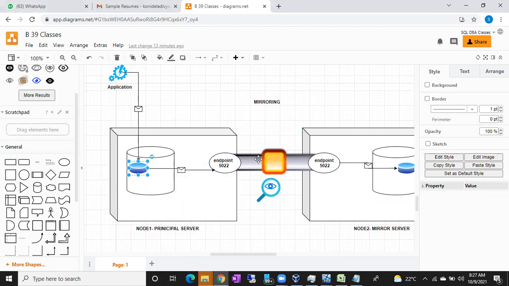It doesn't say, let Suresh's record commit first, then I'll go for a commit. Nothing like that; that is done in the synchronous mode. But in the asynchronous mode, once Suresh's record comes from the application to the principal database, it will commit here, and then it is going to send the transactions to the secondary or mirror database. As it is not going to wait for the acknowledgement of the mirror server, the records keep sending,